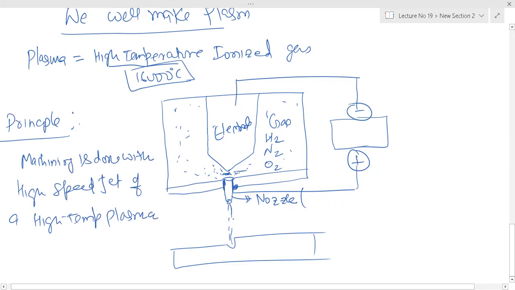So basically this falls, and this is your plasma. That plasma is ionized gas, right? And it melts. You can see it. So the electrode is there, it may be a tungsten electrode, and we create that gap, and finally an electron jumps through the gas, and the gas gets ionized.